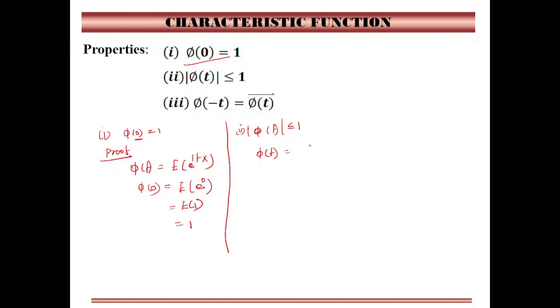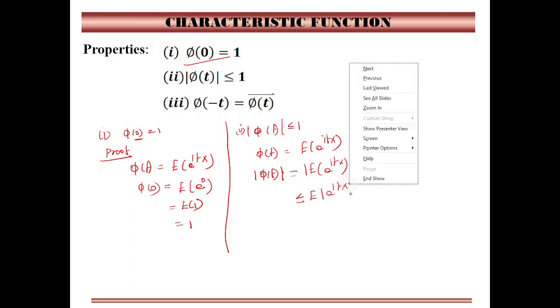Phi of t is equal to the expected value of e power itX, and taking modulus, modulus of phi of t is equal to modulus of the expected value of e power itX. This is less than or equal to the expected value of modulus of e power itX,